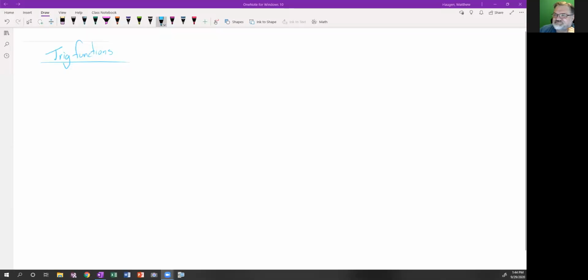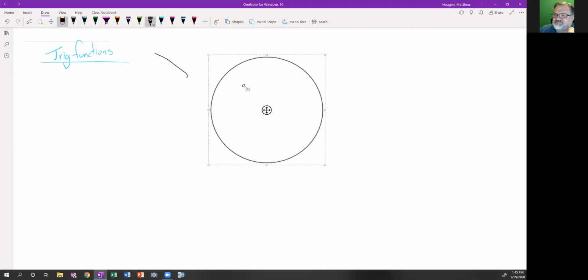So our six trigonometric functions have a couple different definitions. We are going to start really with our triangular definition, but I want to put that in context of what we've been talking about so far. We've been talking about angles and rotations and oscillations in terms of things going around in kind of a circular motion. And we are eventually going to put our angles in that circle for definition of our trig functions,